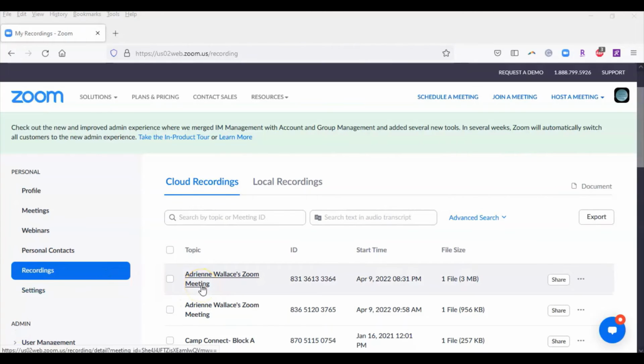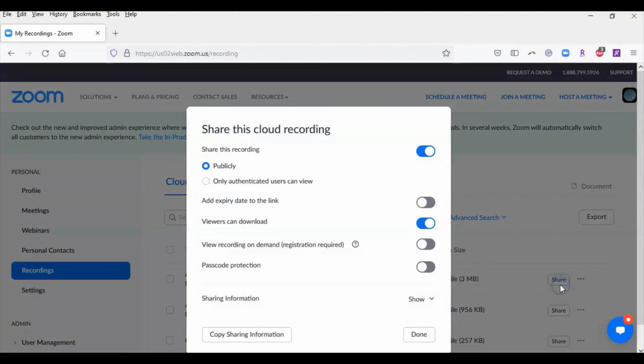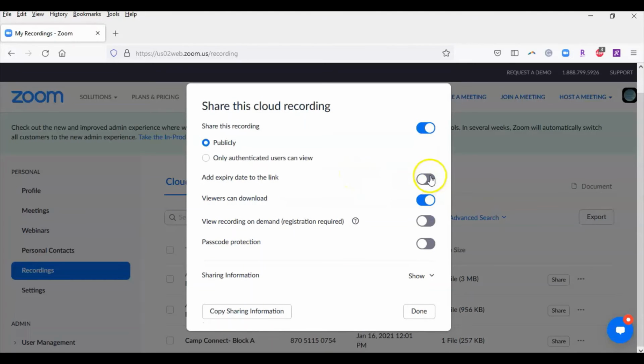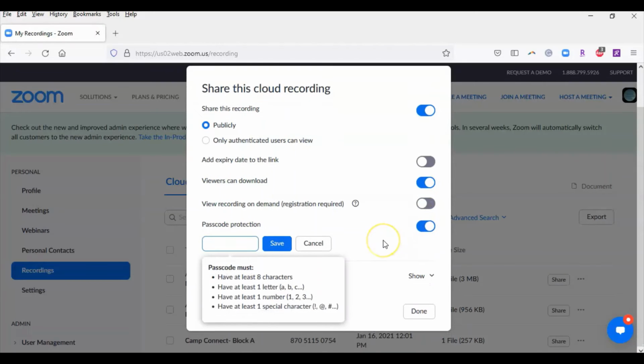This was a very short recording, so it processed almost immediately. You'll see it has the date and time, and then here are my options for what I want to do with the recording. If you want to share it with someone using a link, click on share, and then you can choose if you want to set an expiration date so people can only view it for a certain amount of time, if you want to enable other people to download it or not. And then you have the option of passcode protection. So if you put a password in, then people will need the password in order to